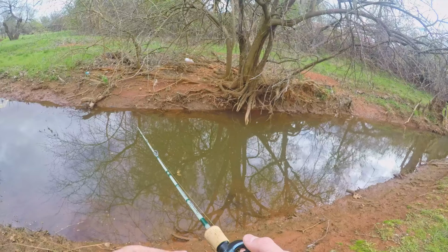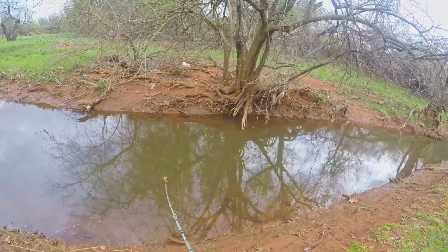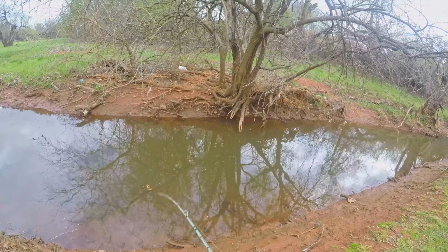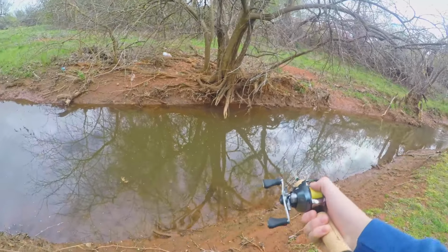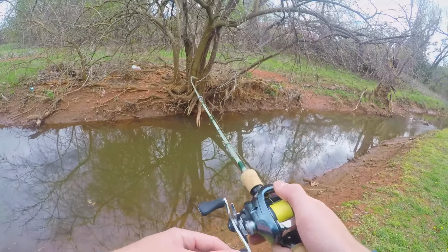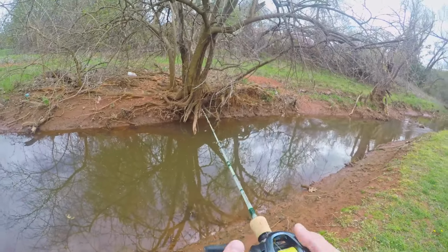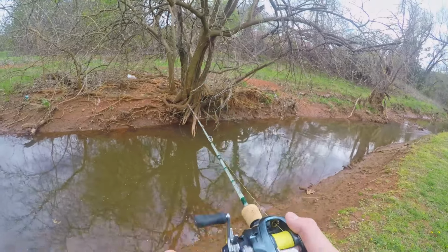And this is honestly a heavy bait for it, or it's easier to cast these heavier ones accurately, but I can cast all the way down to like a weightless little rubber dice, which I'll probably throw later. We're gonna try and catch the bigger fish with this little Mega Bass jerkbait first, but on our way back we're gonna try and catch as many fish as possible. We're gonna throw some super tiny baits. I came out here yesterday and caught a couple before it started dumping rain,